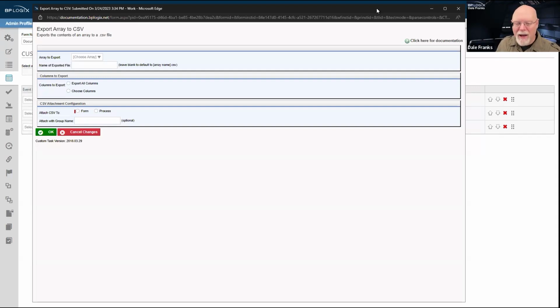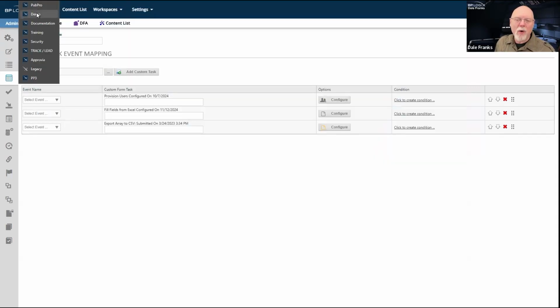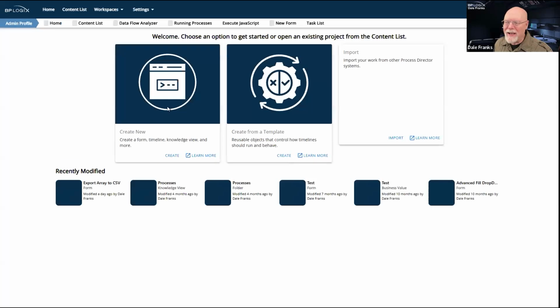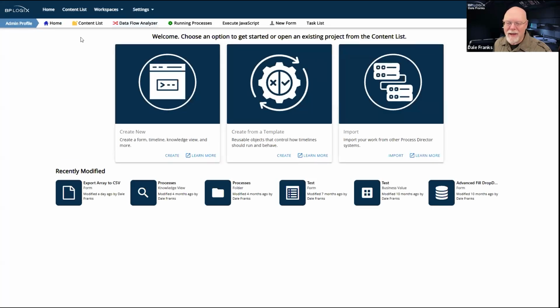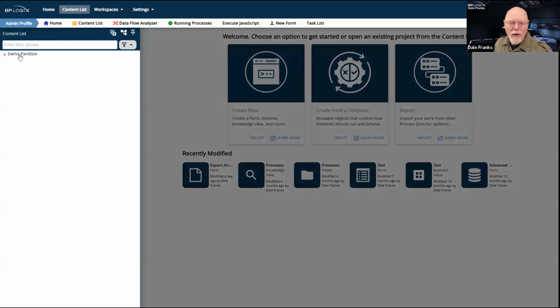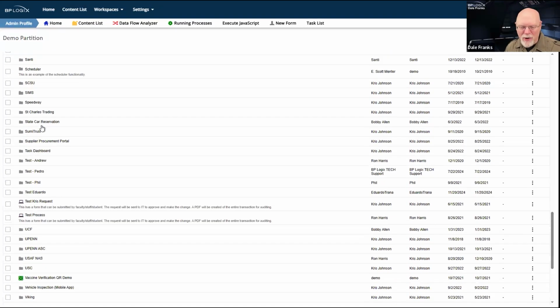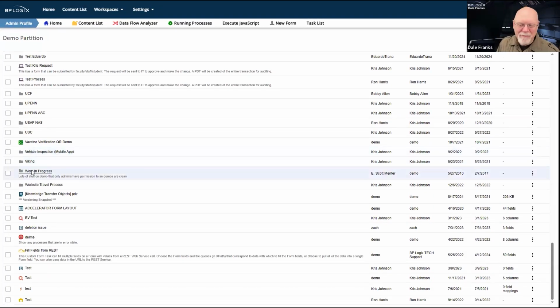And I have just noticed that I have the old version on this server. So we are going to have to take a quick detour. We're going to have to run over to the demo server, and I'm going to have to log in there because I apparently neglected to export this and re-import it into documentation. So we'll just run over here real quick because I did set it up over here, although now for the life of me, I'm not sure I can remember what form I set it up on.